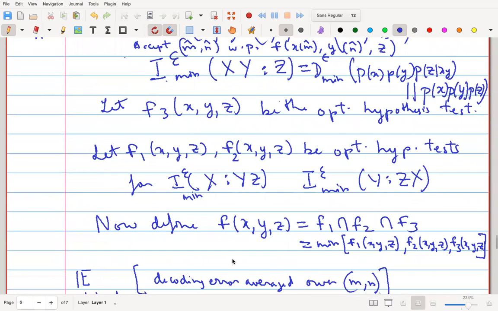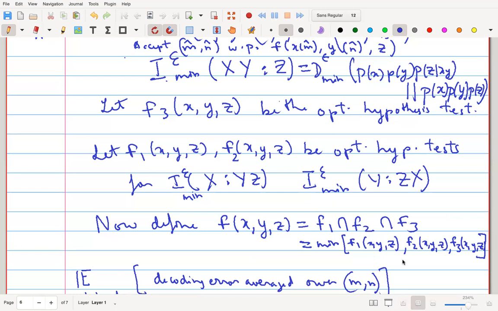To define Charlie's decoding strategy, we had defined hypothesis test F, which was the intersection of the hypothesis tests, the pointwise result. As I kept saying, this is like an intersection. Now, classically, the intersection is very easy to do. Often papers don't give a second thought. If you are thinking of your hypothesis test as subsets, then it was actually the intersection of subsets. If you have a slightly more sophisticated view of hypothesis test like this, then it is the intersection of the corresponding fuzzy sets, or rather the minimum.